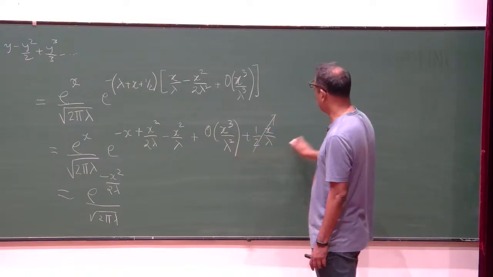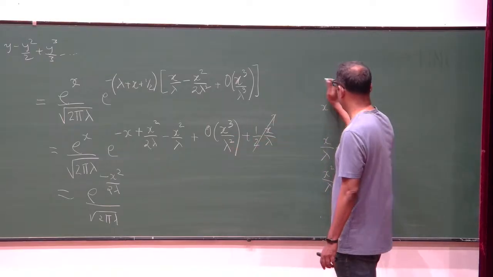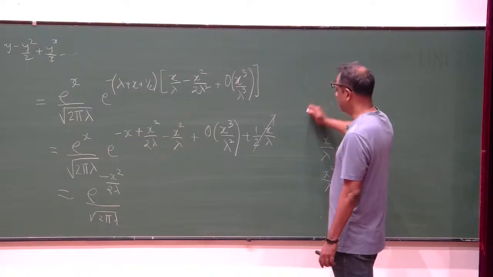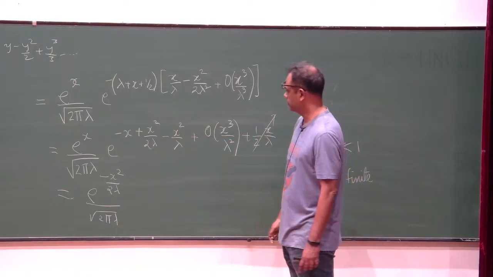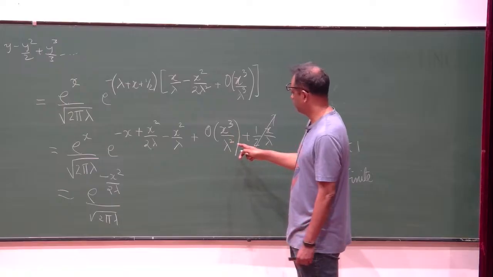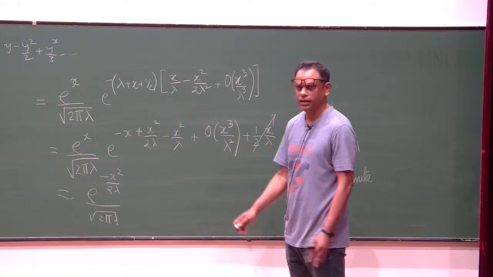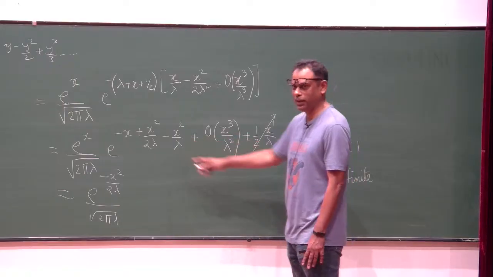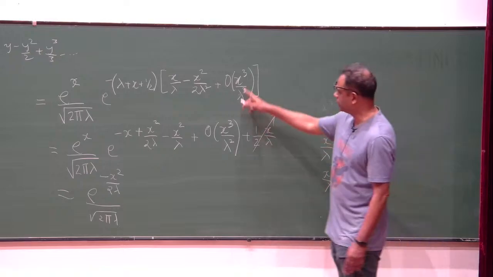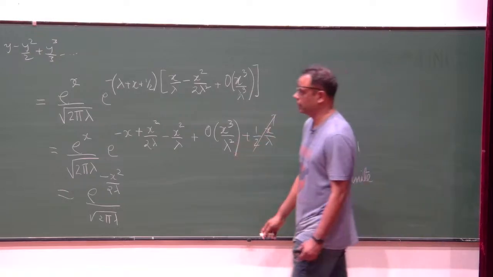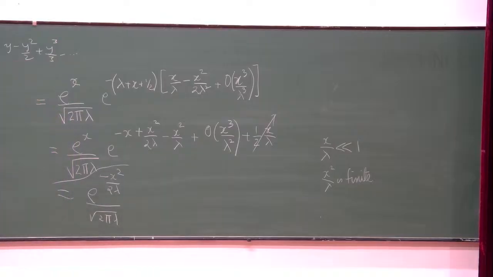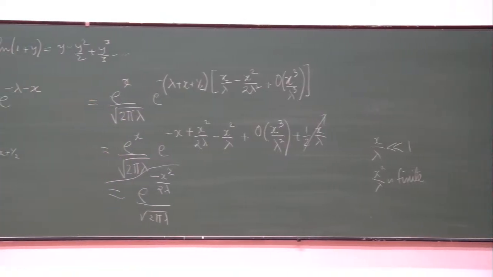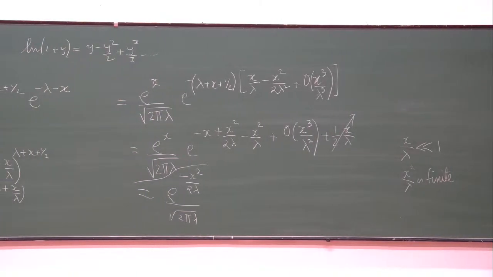X cube by lambda cube is x to the power 4 by, yeah, this is even smaller. Is it clear? If I keep x square by lambda finite, all the other terms go to 0. So that is the answer. Okay, so when I make lambda large, I again come back to,